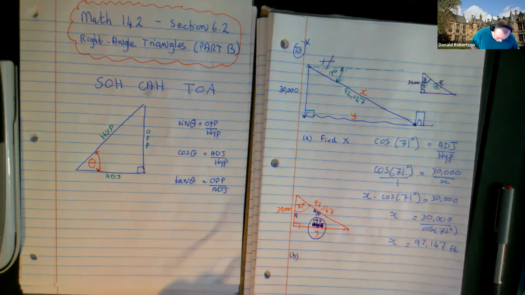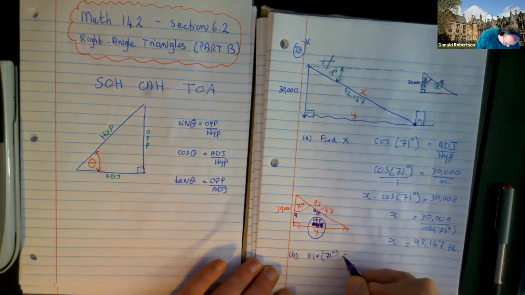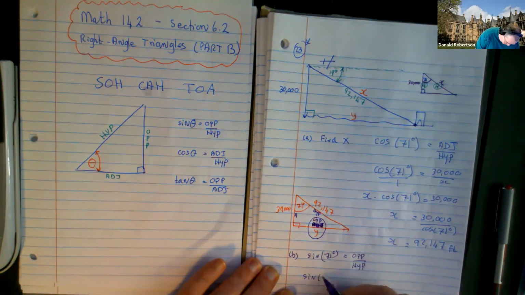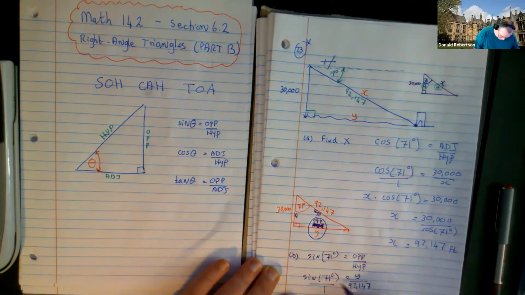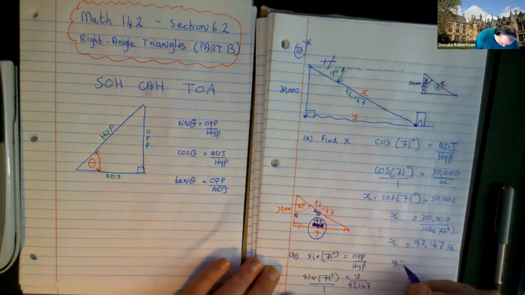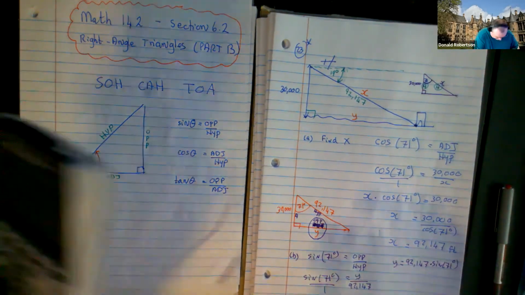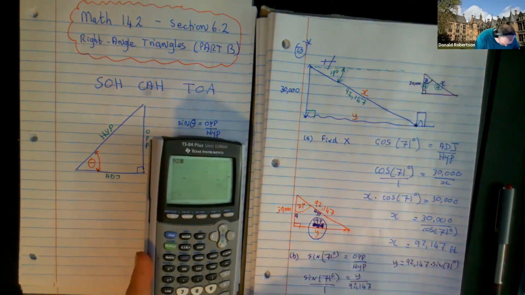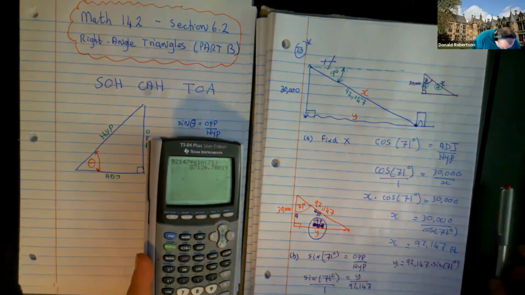So let's do a sine, okay? I'm going to say that the sine of 71 degrees is the opposite over the hypotenuse. And so the sine of 71 degrees is going to be y over 92,147. And if you do a little cross multiply, you get the nice one, because y is 92,147 times the sine of 71 degrees. And into the calculator, 92,147 times the sine of 71. And I'm looking at